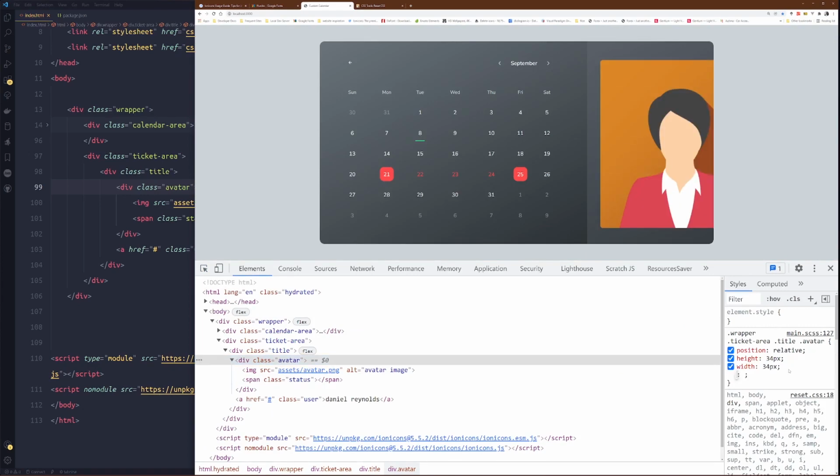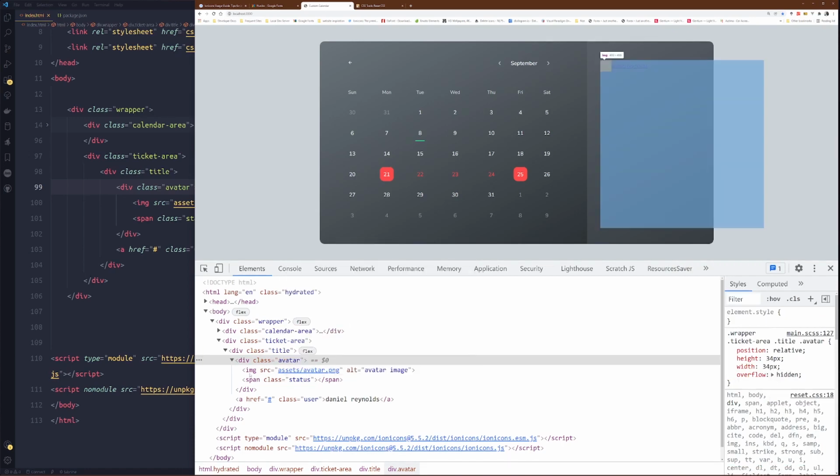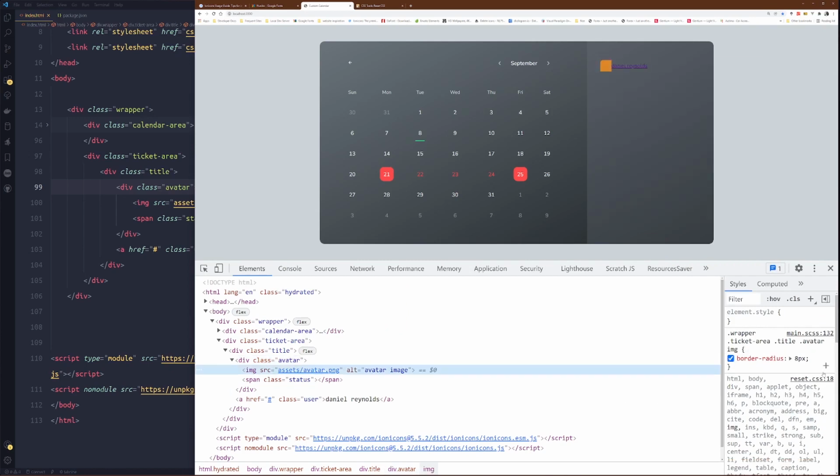First and foremost, overflow hidden. Then for the image, height 100%. Okay. I think this is good. Good like this.